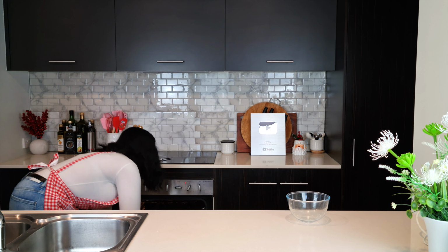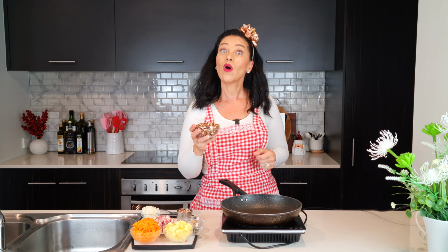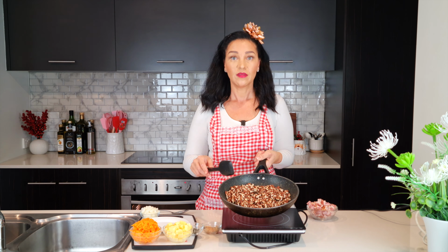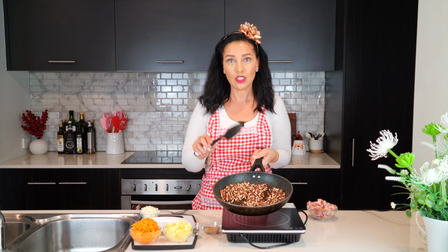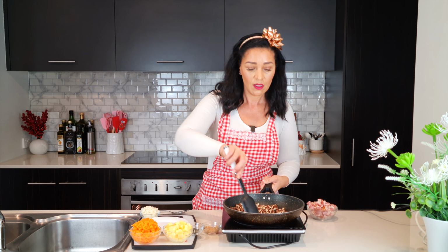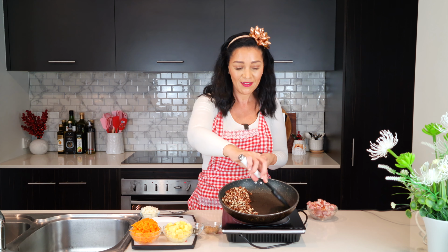While your breadcrumbs are toasting, we're going to quickly prepare the rest of the ingredients. Set your burners to a medium heat, and I'm just going to lightly toast 1 1/3 cup of chopped pecans. You want to not completely toast your pecans because this is still going to cook in the rest of your stuffing. Set it all to one side